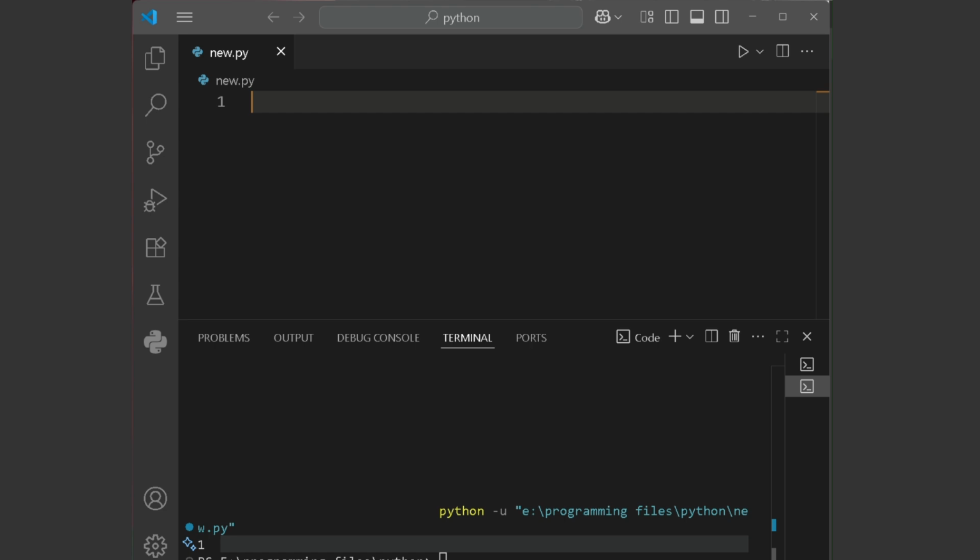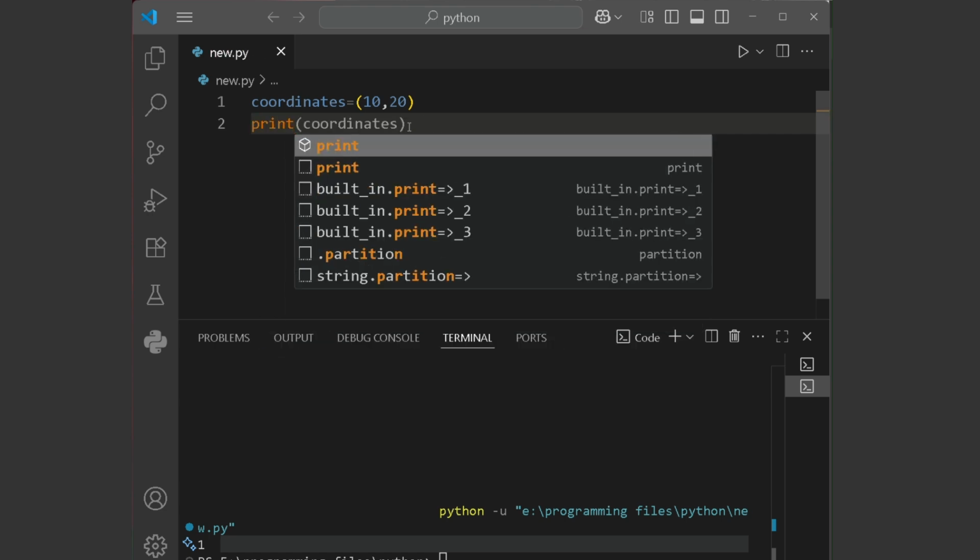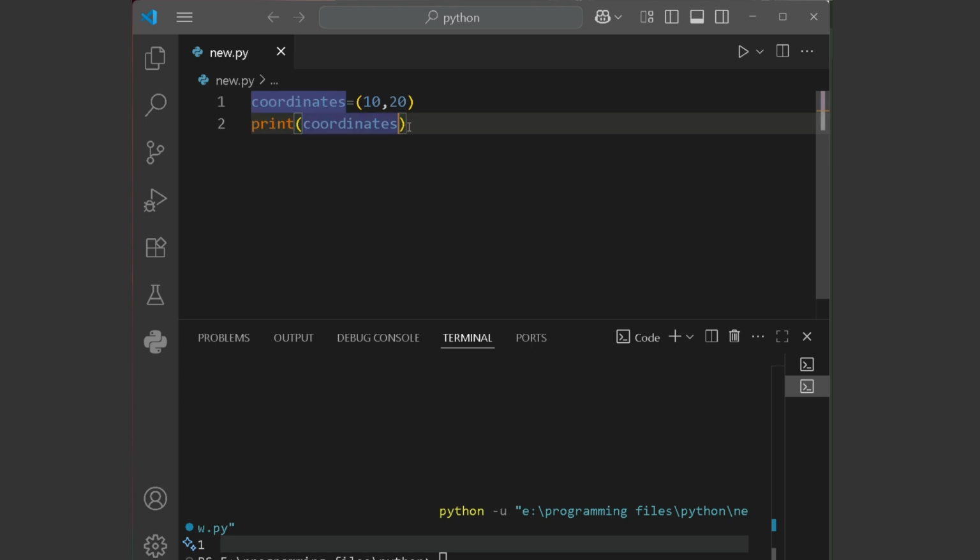I will show you how to create a tuple. To create a tuple, it's very simple. Just use first brackets. Suppose I'll write here coordinates, a position, equals 10, 20. So this is how you can write a tuple. The same way, you can access any coordinates just like in lists. Here we'll just use the first brackets instead of third brackets. So if you want to access the first element, you can access it just like we did